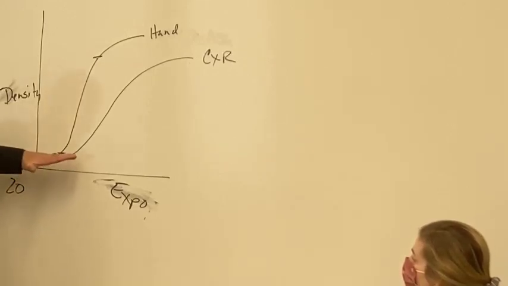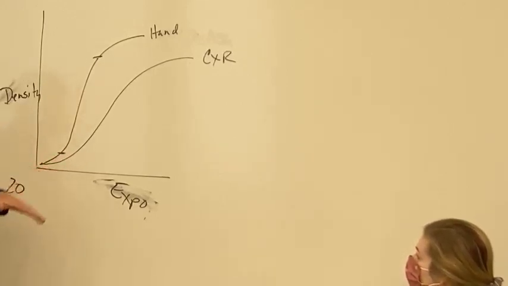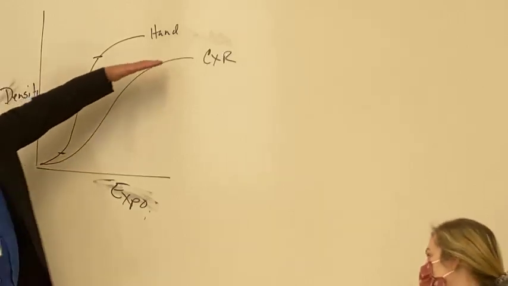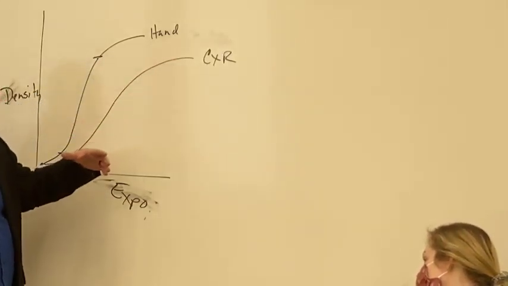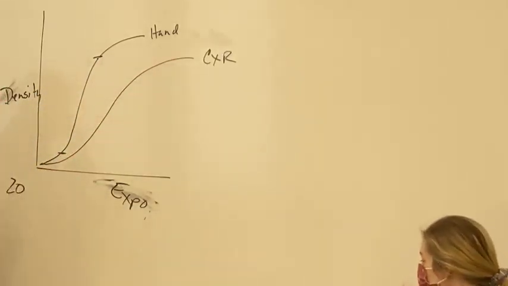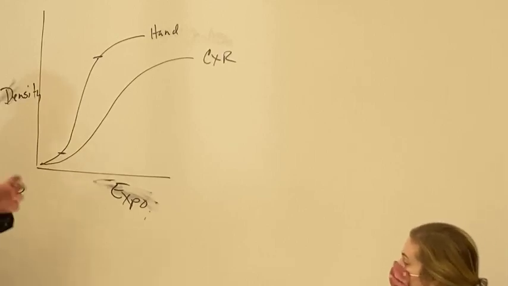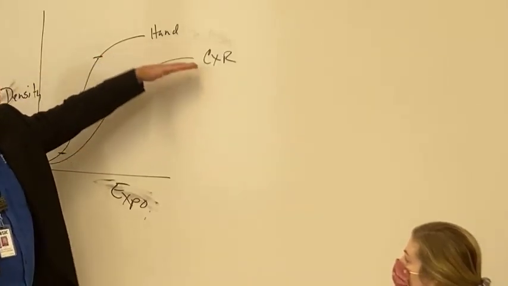If your exposure gets so low that you just don't have enough signal to the image receptor, you're going to lose contrast. And if you use such a high mass value, or even KVP, that you flood the image receptor, and all of your individual little detectors inside your image receptor are so oversaturated, then you're going to lose